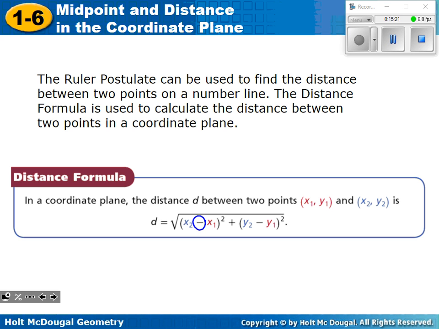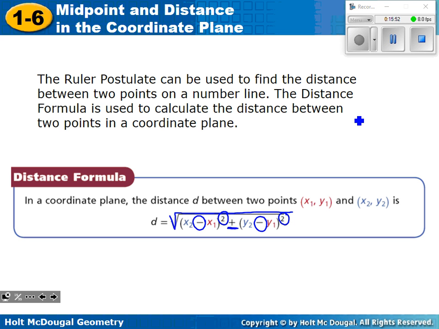Key thing I want to point out is that in the distance formula, you are subtracting your x's. You are not adding your x's. Be careful, because with midpoint you're adding, with distance you're subtracting. You're going to subtract your two x terms and then square them. You're going to subtract your two y terms and then square them. You'll add those two values together, and then you'll take the square root at the very end. So subtract your x's and square, subtract your y's and square, add those two numbers, and then take the